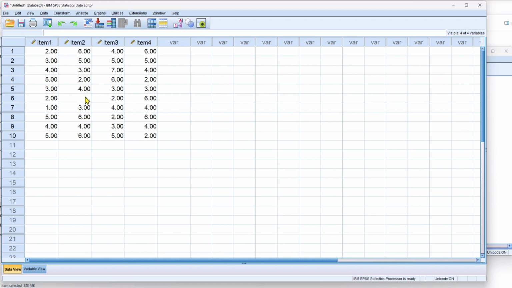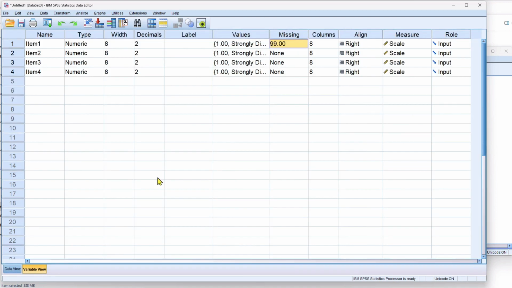99 is better than 9 because, well, it also helps if I type the right number. It's easier for the eye to see if you have a big data set with hundreds of participants and dozens of variables. Your eye will catch that easier than it will the value of 9 in case you needed to find it. And so now SPSS will recognize the value of 99 as a missing data point,